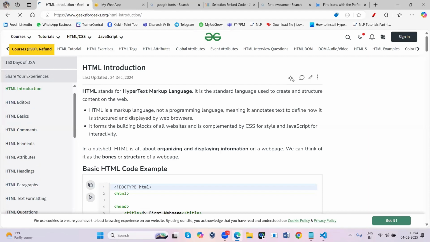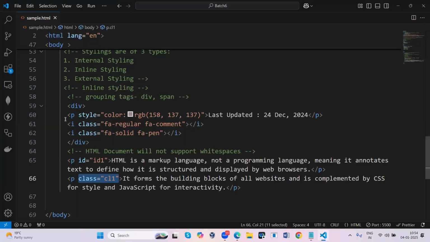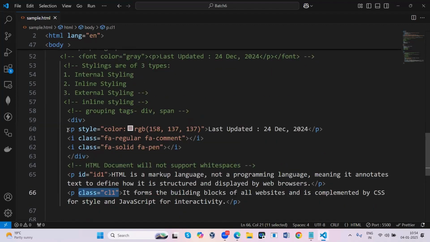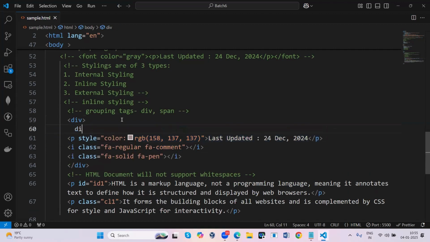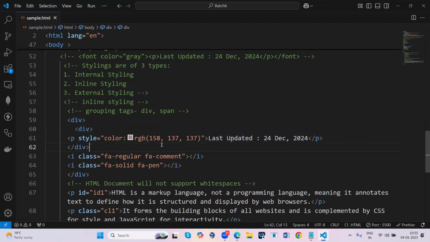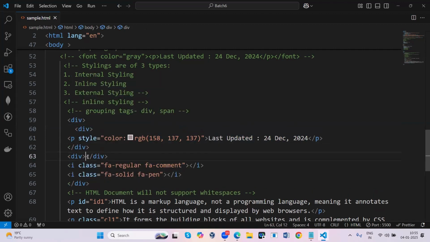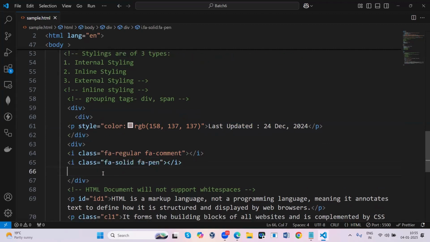For that, I used a div section. In this div section, this paragraph should be on the left side, and these two I tags should be on the right side. So I'm going to put this in one div tag. This is the parent, and inside this parent you are making two divs again. That is one section, and this is one more section, so everything is under one section only.